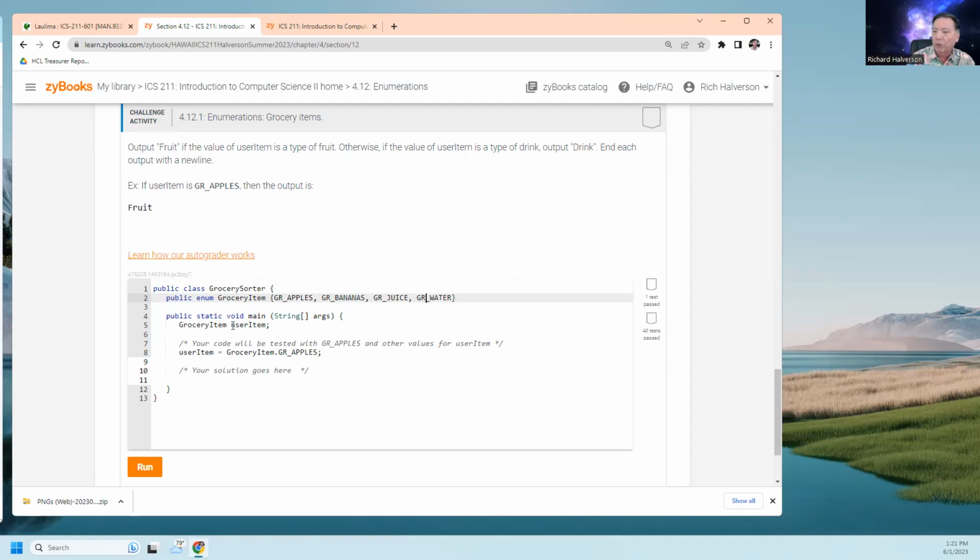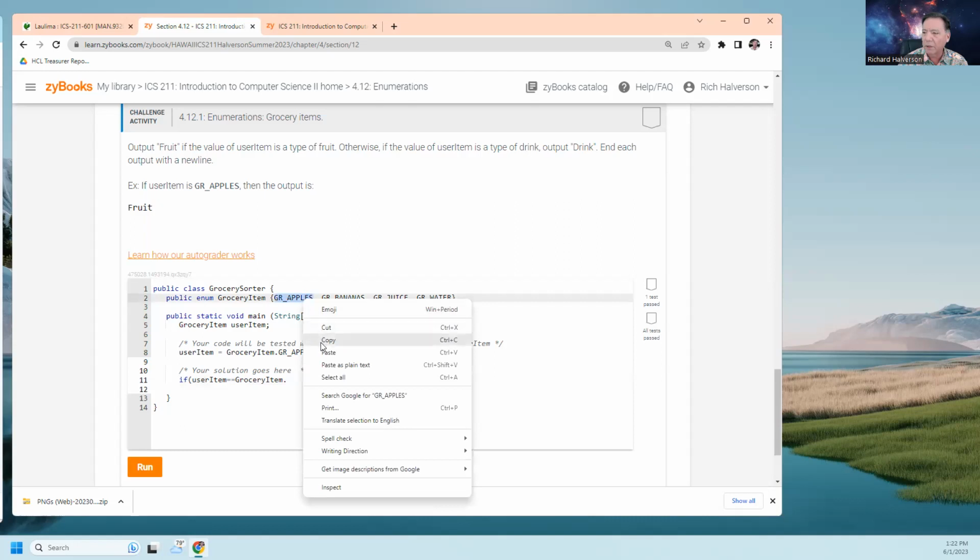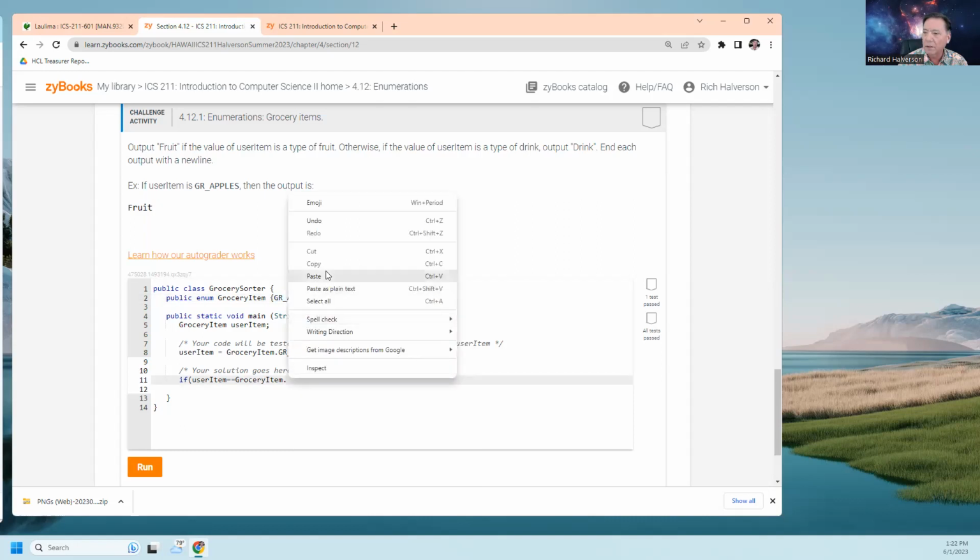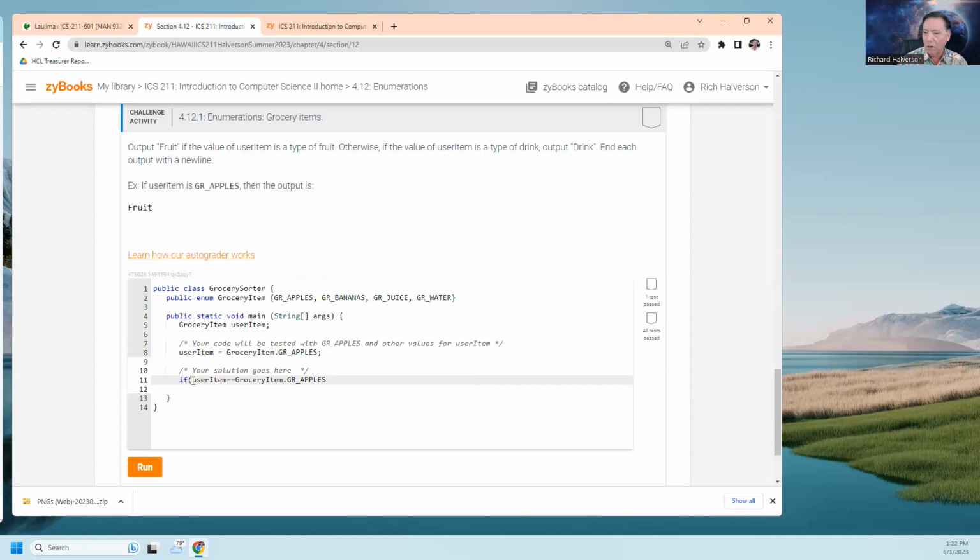So here we declare it as a grocery item. Okay, so the solution is something like: if user item is equal to, gross, I have to prefix it with the grocery item dot green apples. Something to make this easier. Copy, paste. If it's equal to that, or I'm going to copy this whole thing. Copy, equal to that,